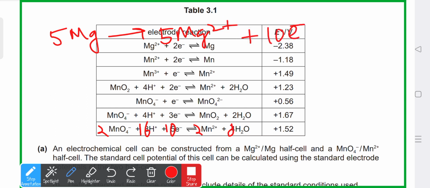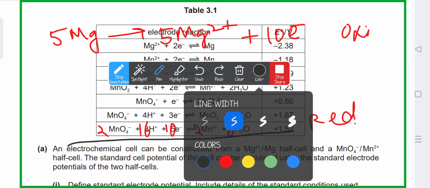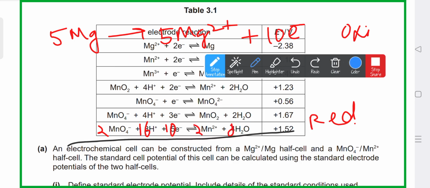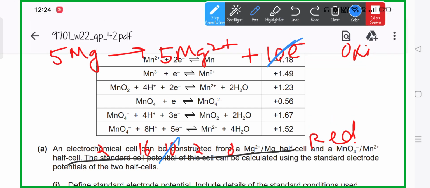This is the oxidation equation, and this is the reduction equation. Now the only thing that you need to do is cancel out the similar terms and write your overall equation. The 10 electrons will be cancelled by these 10 electrons. So we are just left with 5 Mg plus 2